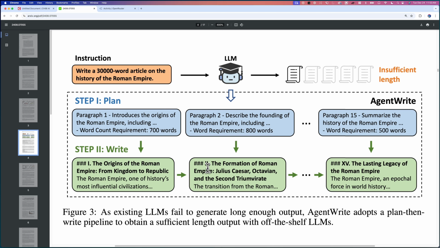Now, why do we do this? If you think about it, let's say I come up to you and I say, describe the founding of the Roman Empire in 800 words. I didn't tell you about paragraph 1. I don't tell you about paragraph 3 or anything like that. Now, obviously, we're not going to be telling the AI about paragraph 3 in the future of writing yet. But let's say I ask you to write this, but I don't tell you about this. What are the chances that you end up writing something that was possibly already written about in the first part,